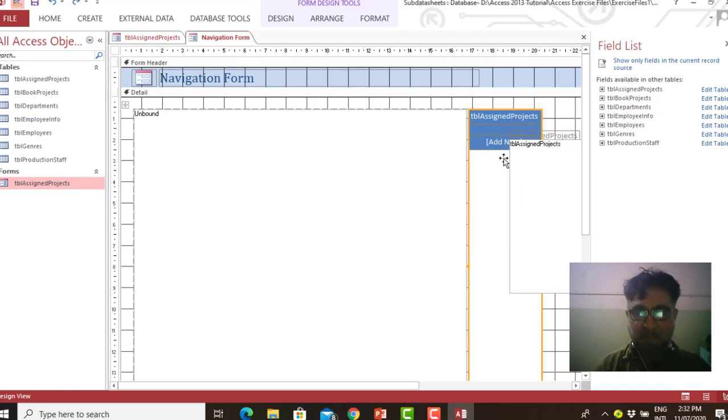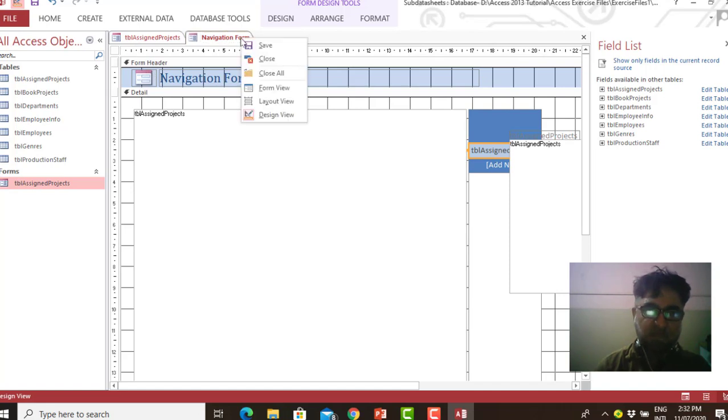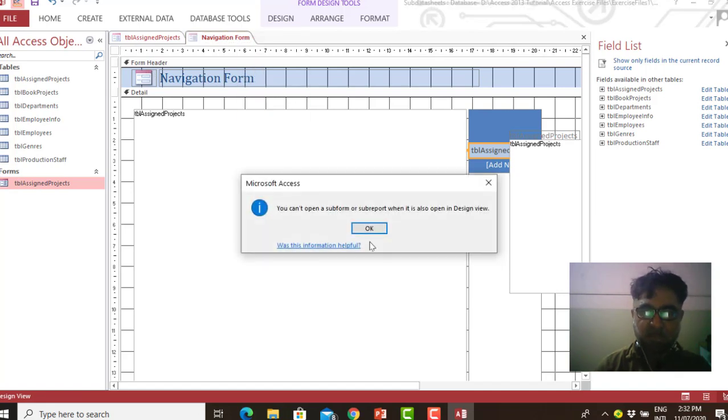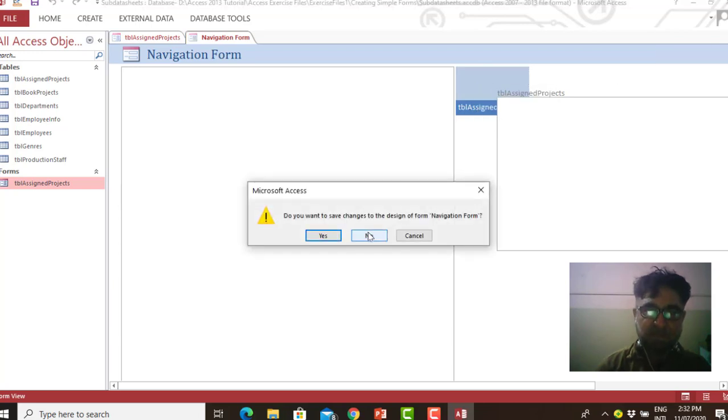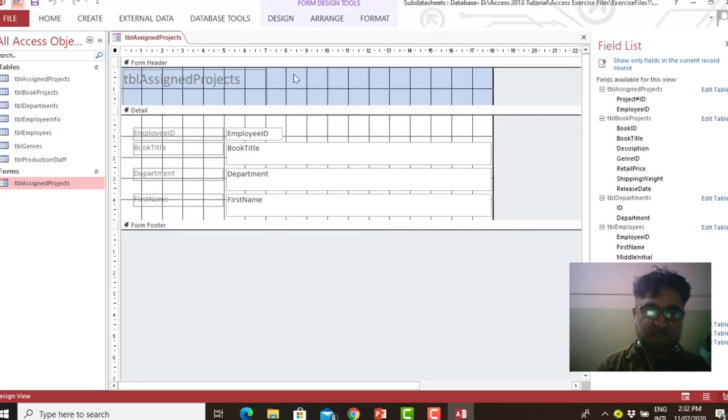Control Z. Form view. Okay. And I think we haven't taken the right form. We don't want to save this.